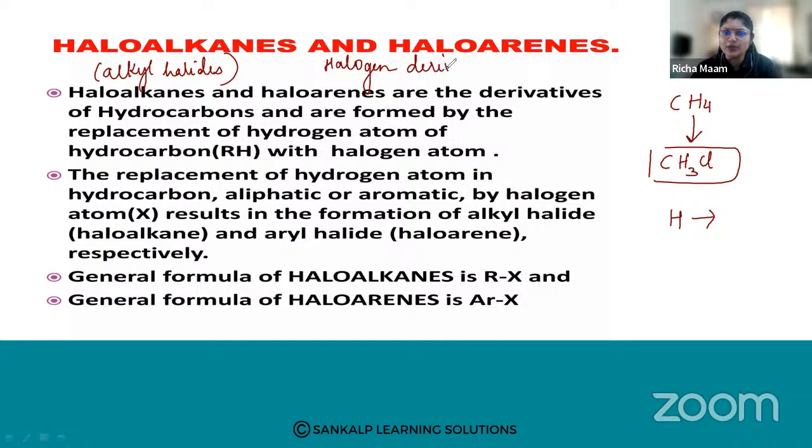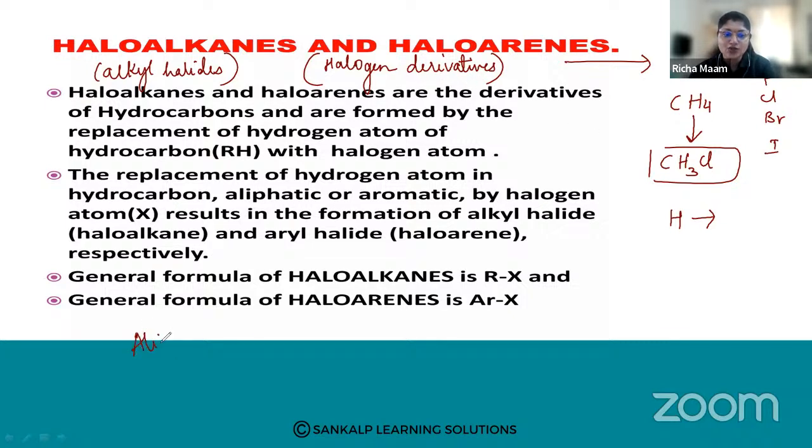Now, what do you mean by halogens? Halogens are group 17 in the periodic table: fluorine, chlorine, bromine, iodine. So what do you mean by haloalkanes? These are the halogen derivatives of